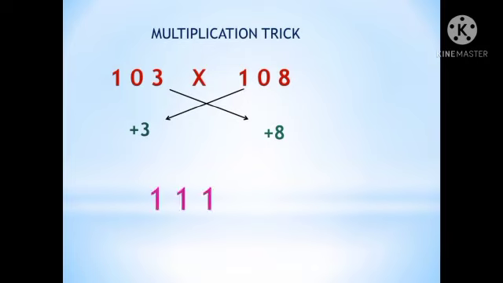Let us take a note of that. So the second step is the same step only. That is, we are going to multiply 3 with 8. We will get 24. Just attach 24 to the 111. So the final answer will be 11,124. That's it. So let us solve two more problems in this type.